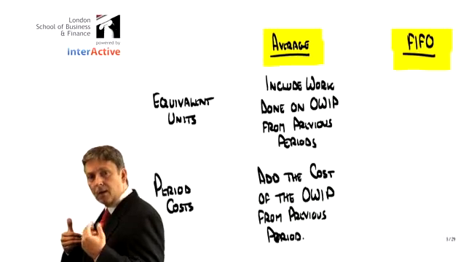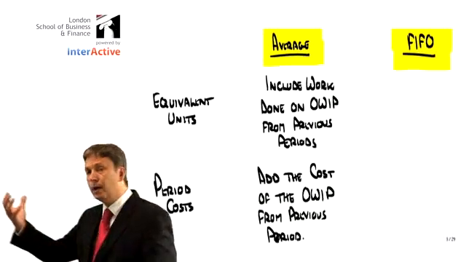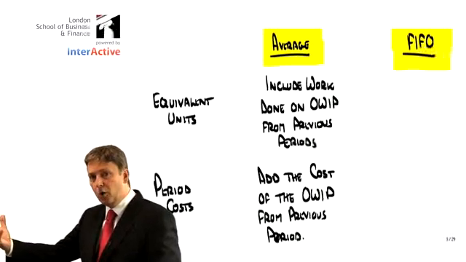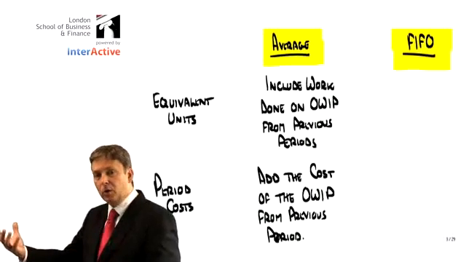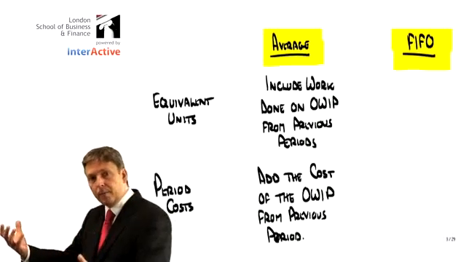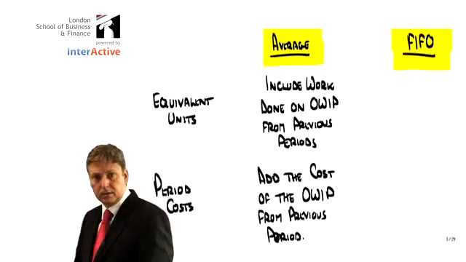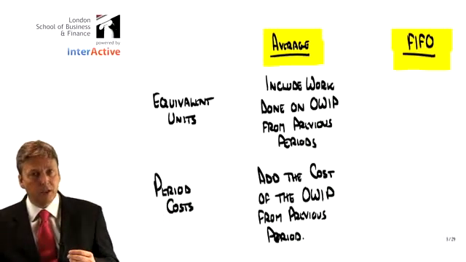You see, first in to the process at the beginning of the period will be the opening work in progress. Given that we have the opening work in progress, we say that we process that first. Only once we've processed the OWIP can we then go on to looking at the other units. Now, when we look at equivalent units,